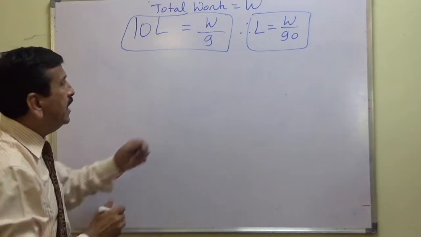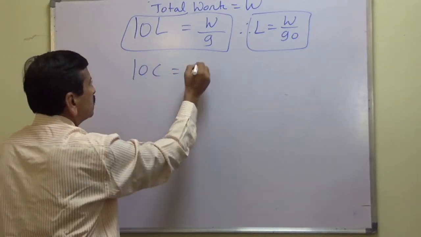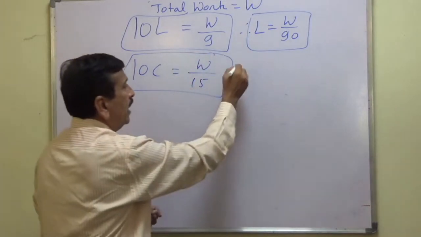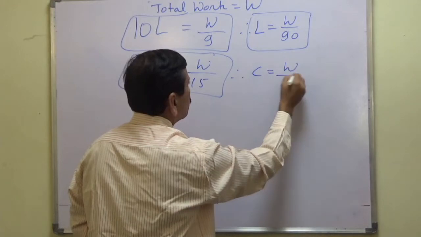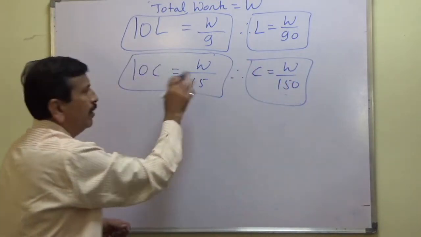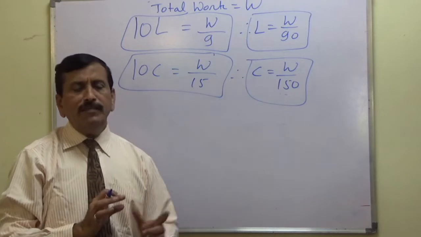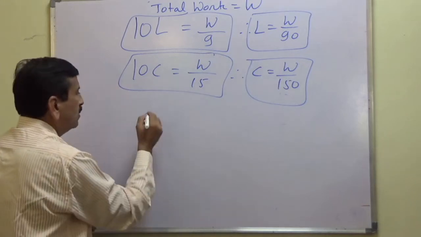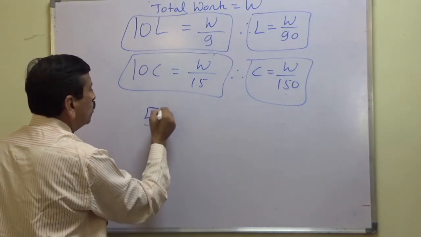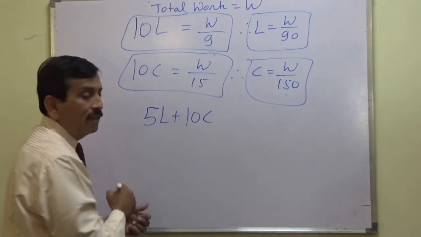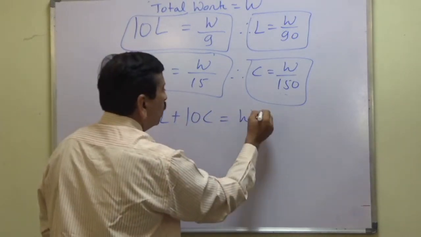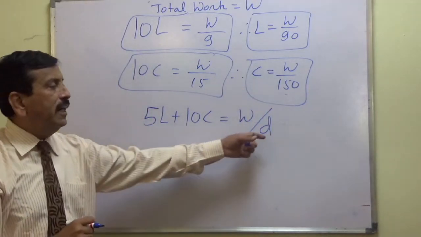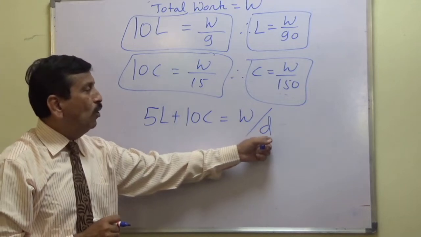Ten children do the same work in 15 days. So what is the rate at which one child can work? Divided by 10. Now it is given, how many days will 5 women and 10 children take to complete the work? So 5 ladies and 10 children, they will finish the work. We do not know in how many days. Let's consider that they finish the work in D days, and our aim is to find the value of D.